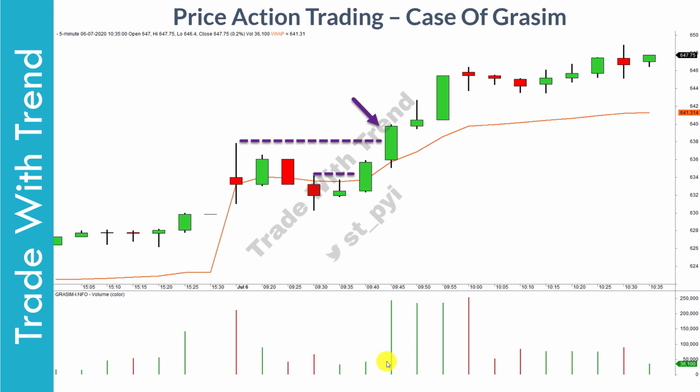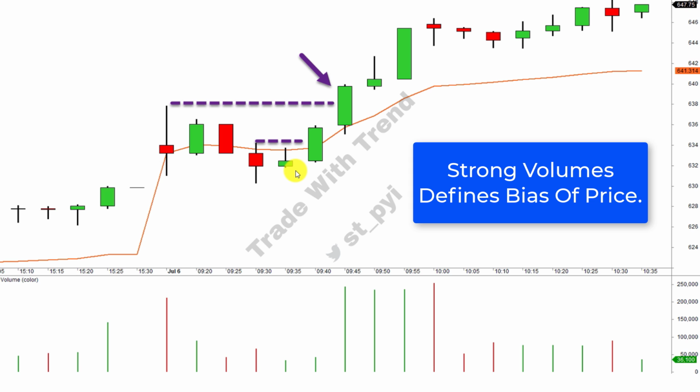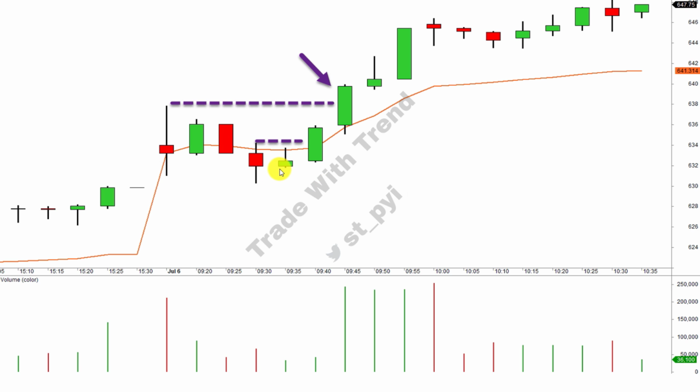So this volume gets more meaning in form of a wide range candle, a strong candle taking support at the VWAP level. And these candles that got rejected right at the VWAP, these had very little volume here. Now this is when I knew that this volume was of more significance because of the strong candle and the weak rejection that had happened at the VWAP level. So this clearly tells you that sellers just did not have the conviction to drive prices lower.